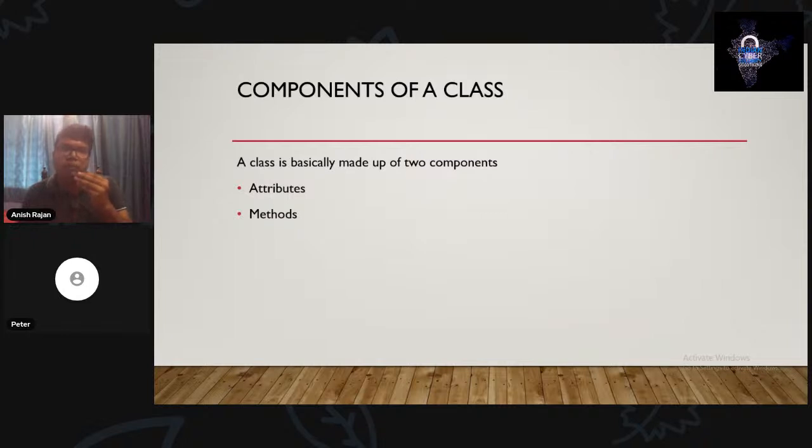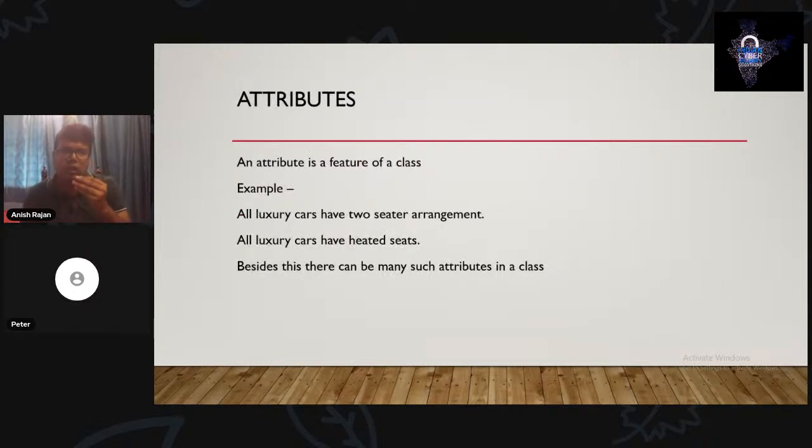So now we come to the components of a class. A class is made up of two components: attributes and methods. Let's see what these are. An attribute is a feature of a class. I'll be able to explain this better with an example. For example, all luxury cars have a two-seater arrangement. That's a feature of luxury cars.